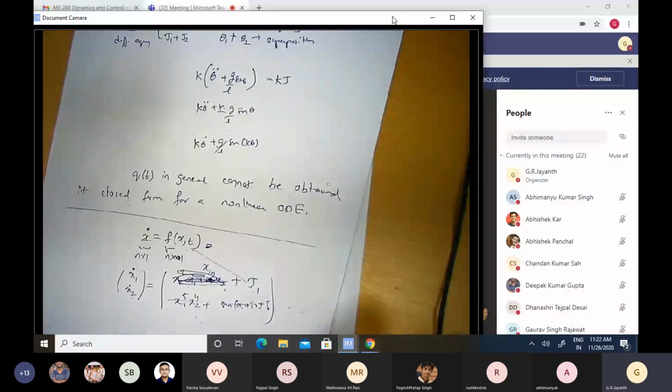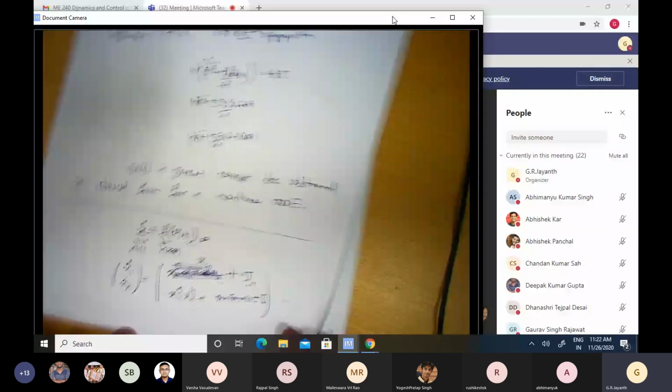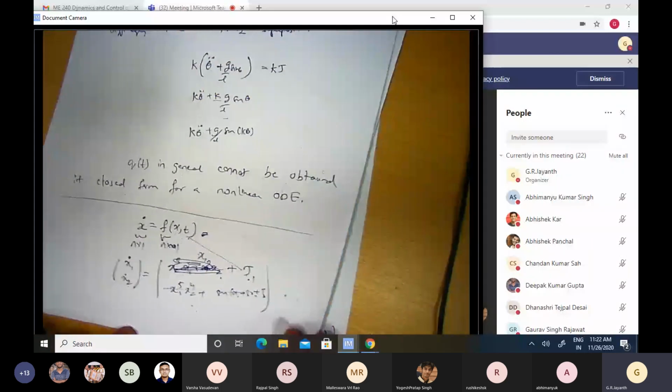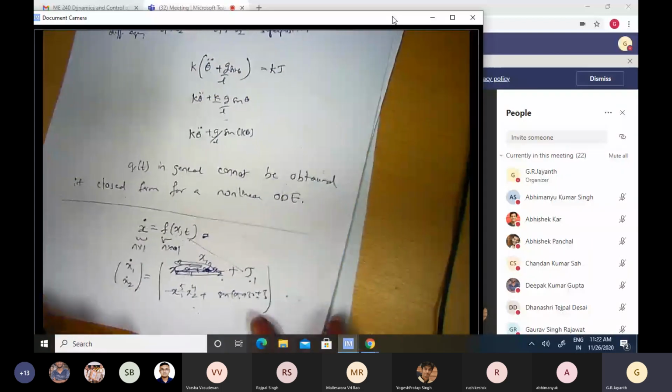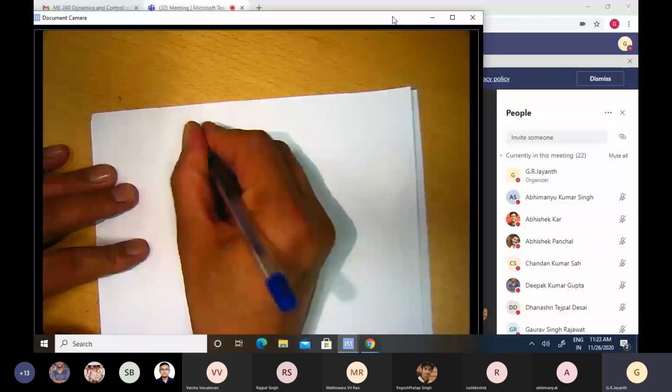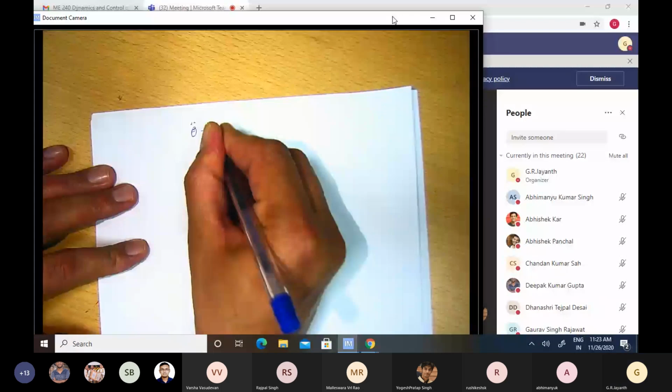Okay, if I'm able to do that, then the one set, the family of differential equations to which mathematicians have numerical solutions, becomes accessible to me, and I can use them for solving my problem. Okay, so the second part is what I would be discussing: how to convert a second order differential equation to a first order differential equation. Okay, let us come back to this simple case of a pendulum. Theta double dot plus g by L sine theta is equal to tau. Okay.